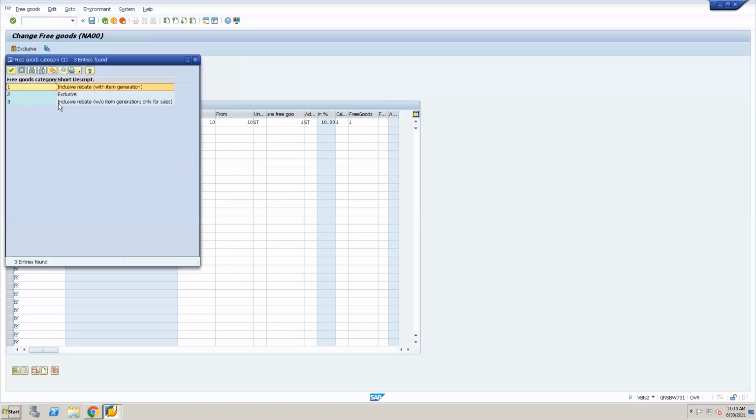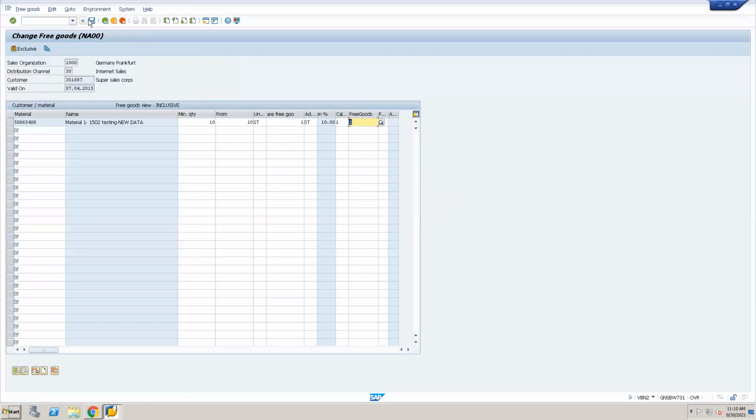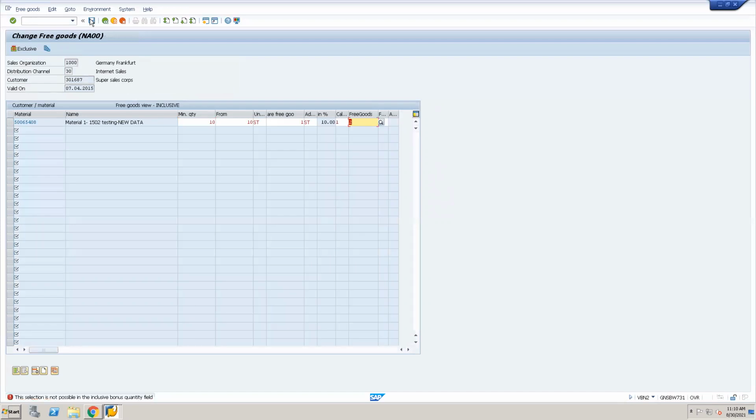Instead of that, if we have kept exclusive, I try to save it. The selection is not possible. How do we get the host name on the web content? When we click the web content, we get the load balancer URL there.